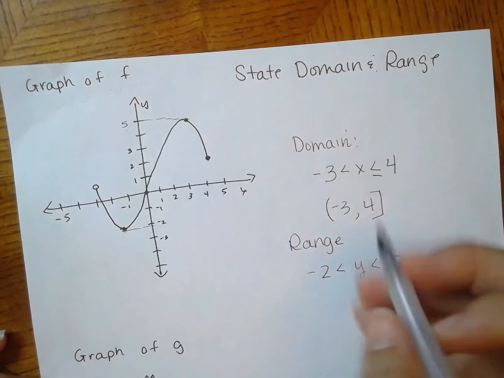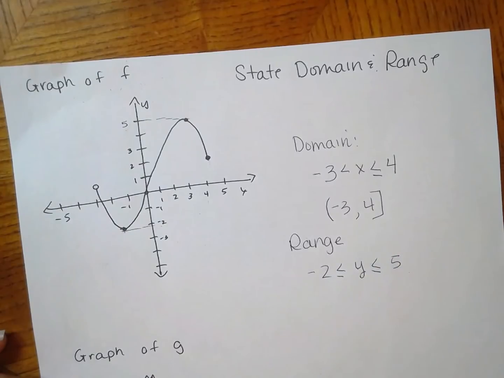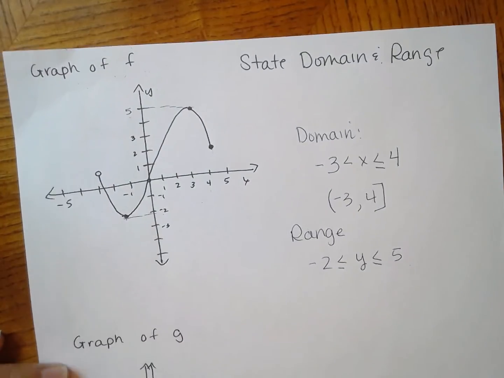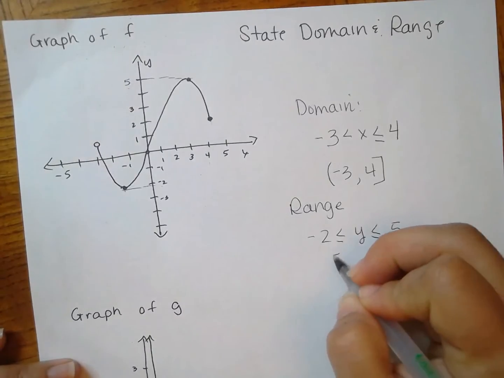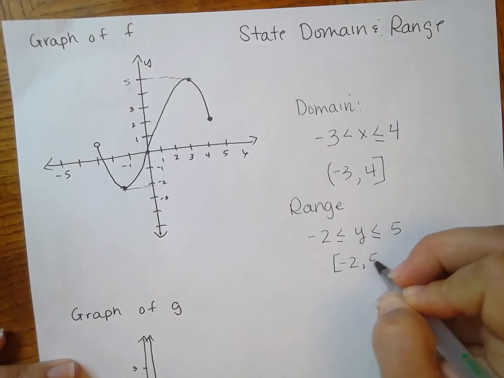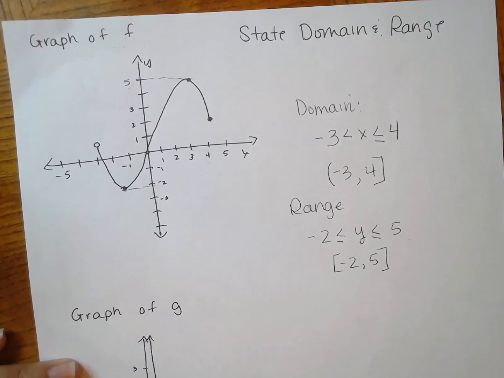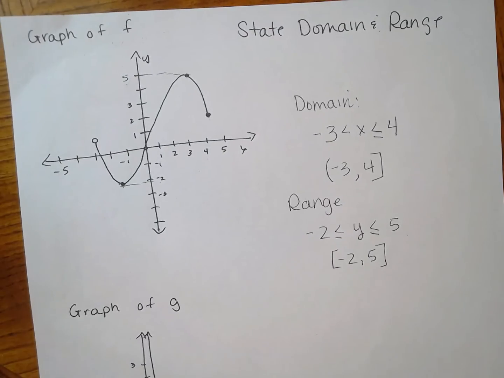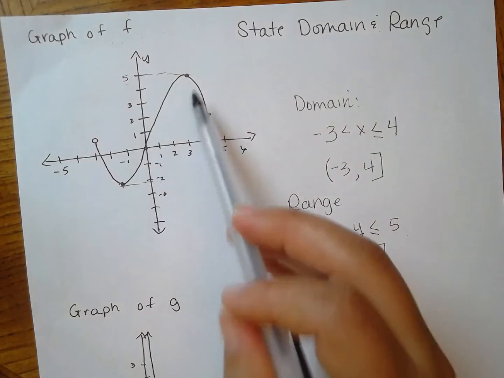Both of these are filled in circles, so that means I can include the -2 and the 5. If I wanted to write that in interval notation, which I also could, I could write the range as -2 to 5, with brackets, because that indicates closed points,